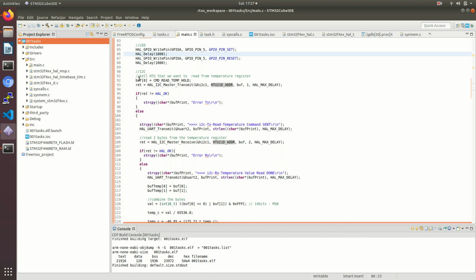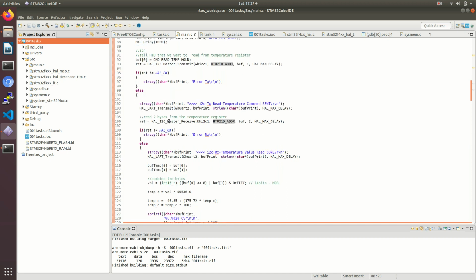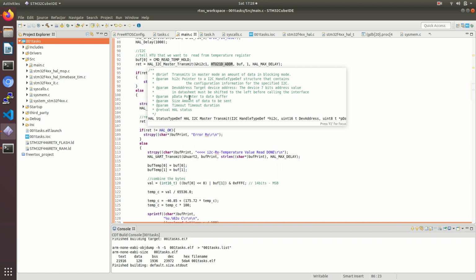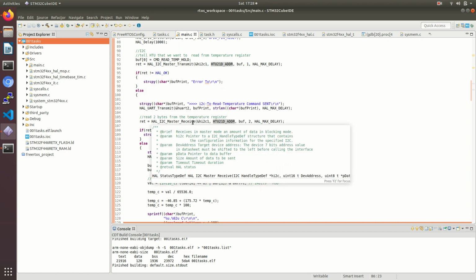Then we have this code for I2C. In this I2C we have only two functions: one is I2C master transmit and the other is I2C master receive.